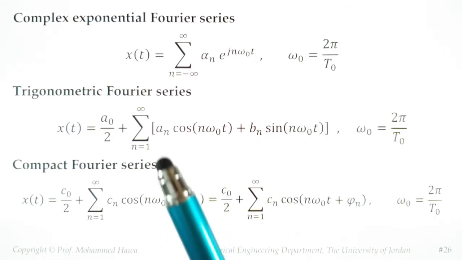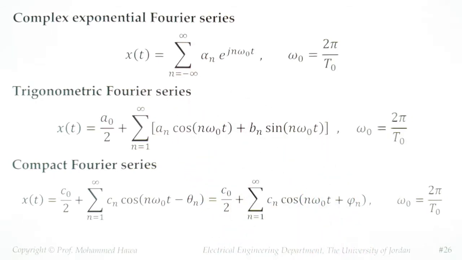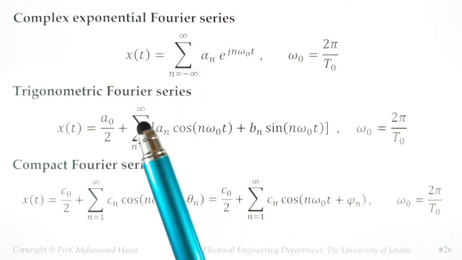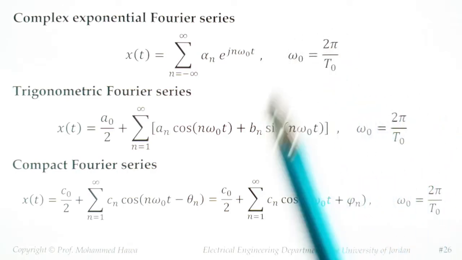I want to show you that the other forms, the trigonometric form and the complex exponential form, mean the same thing. They are saying you can represent periodic signal x of t as an infinite sum of cosines. By the way, later on we'll call alpha n, an, bn, cn, theta n, those constants that we need to evaluate, Fourier series coefficients. And we will learn the correct way of calculating those coefficients. Also notice that the fundamental frequency omega naught, 2 pi over T naught, is the same for all the equations.